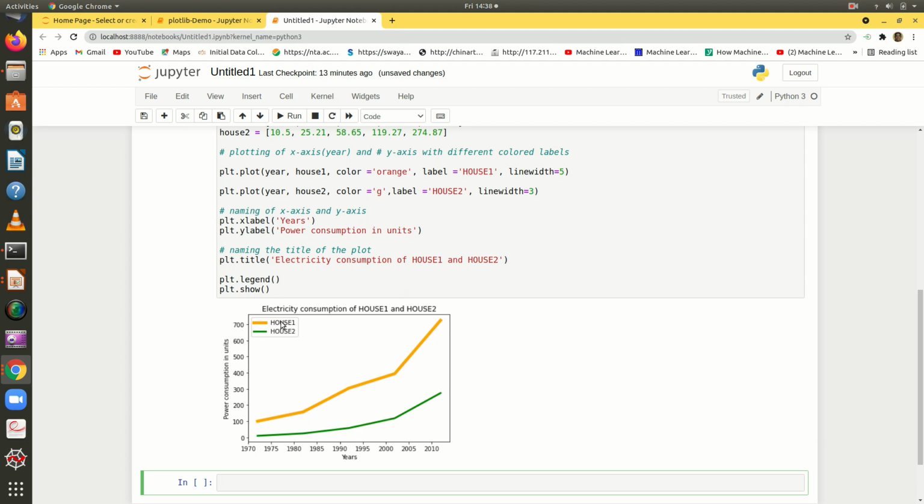Since I use the legend function, inside this rectangle you can see I have house 1 and house 2. So it says orange color is for house 1 and green color is for house 2. Then the title of the graph is given as electricity consumption of house 1 and house 2, right?